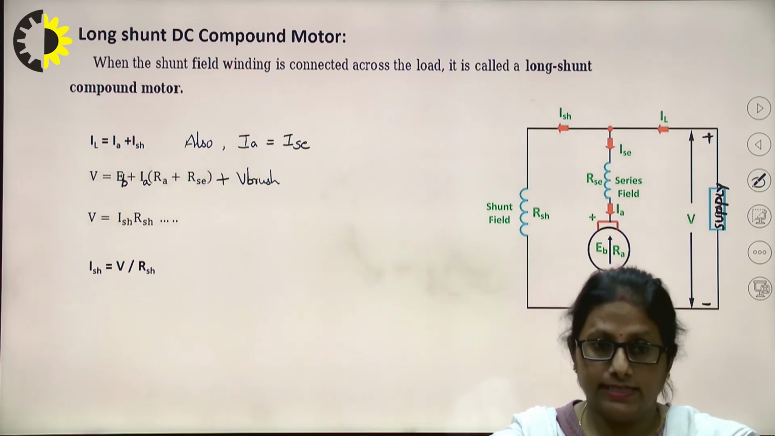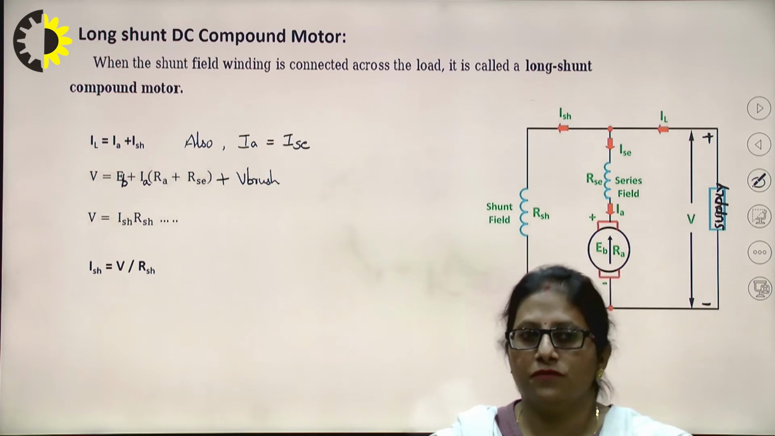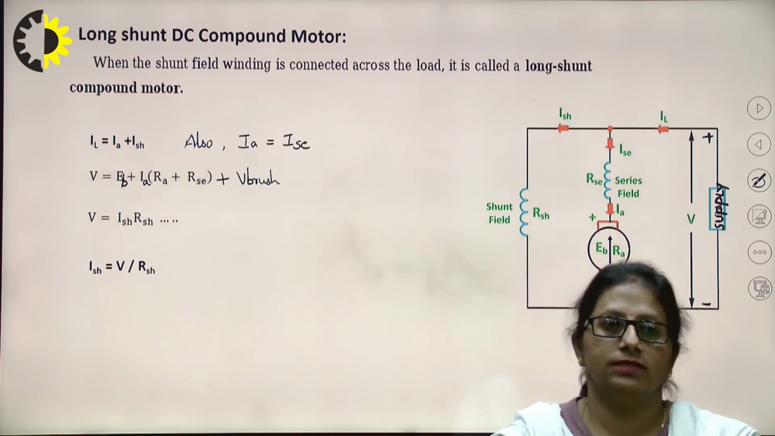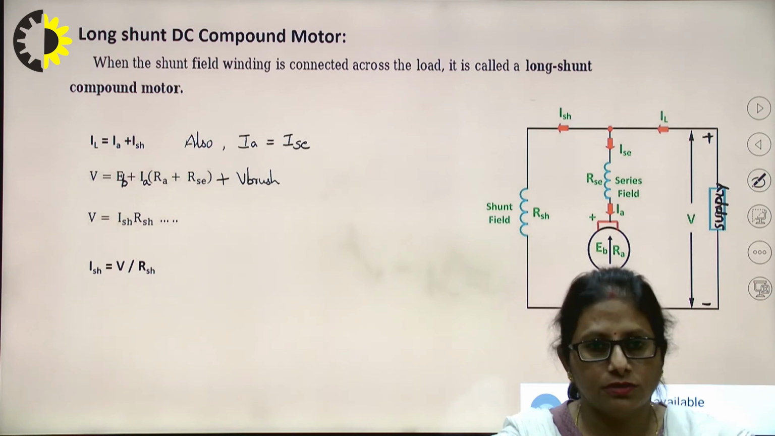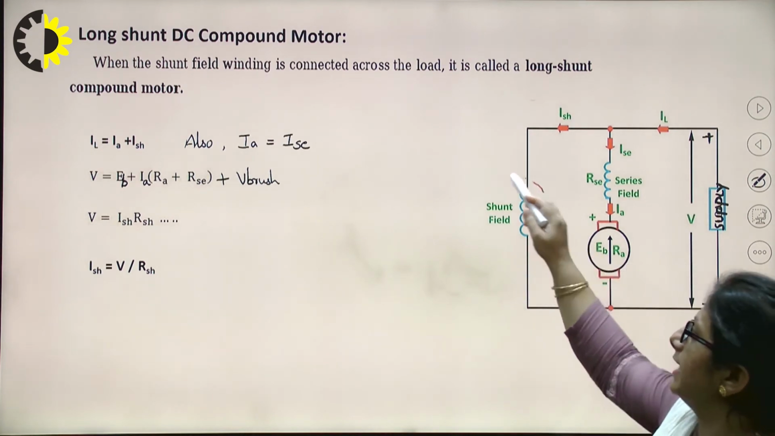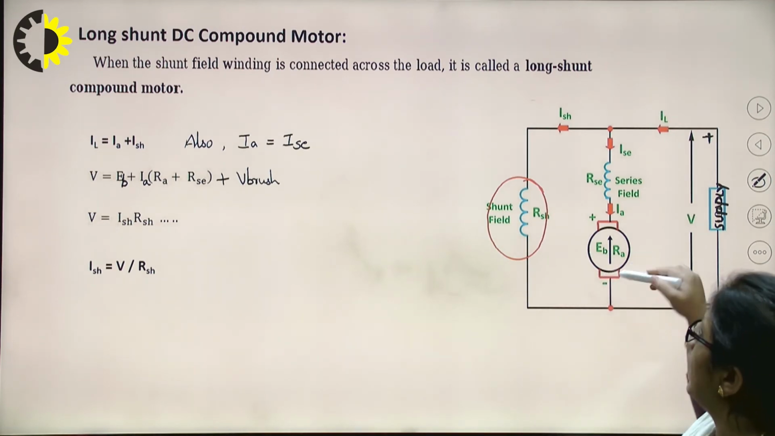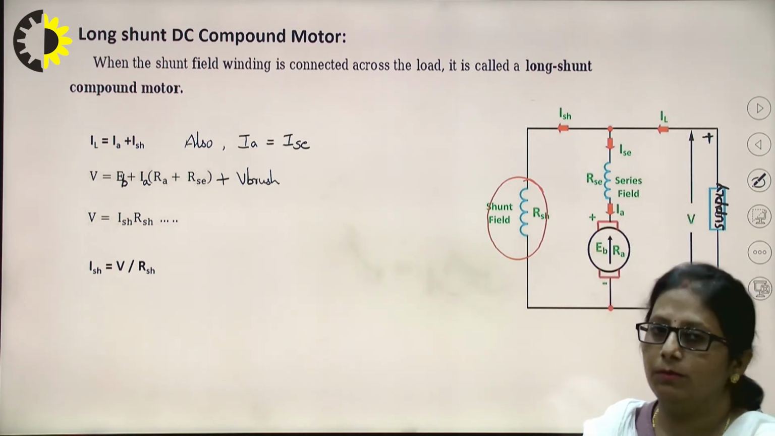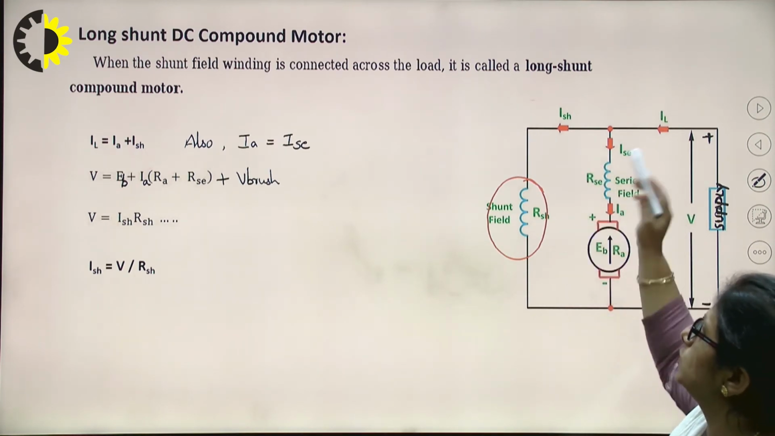connected in series as well as in shunt. Depending upon the constructional difference, I may have a long shunt DC compound generator or motor, or a short shunt. What used to happen for a long shunt? Obviously, the shunt branch is connected in parallel with the armature as well as the series field winding, right? So both of these used to be in series, and the shunt field winding used to be exactly in parallel